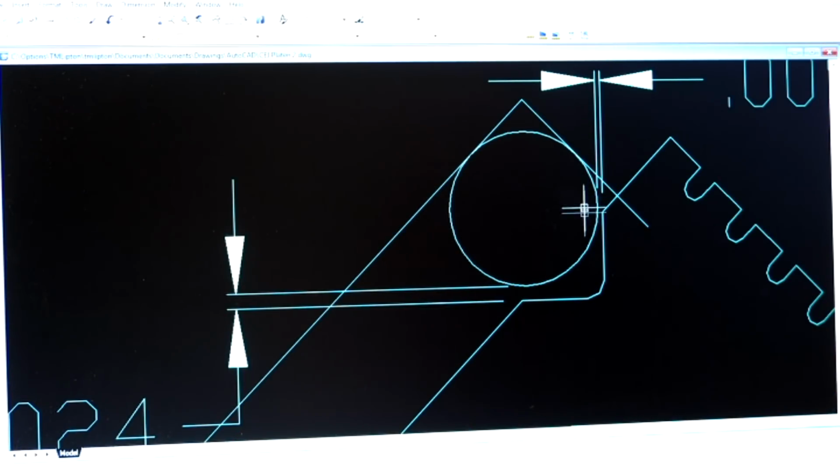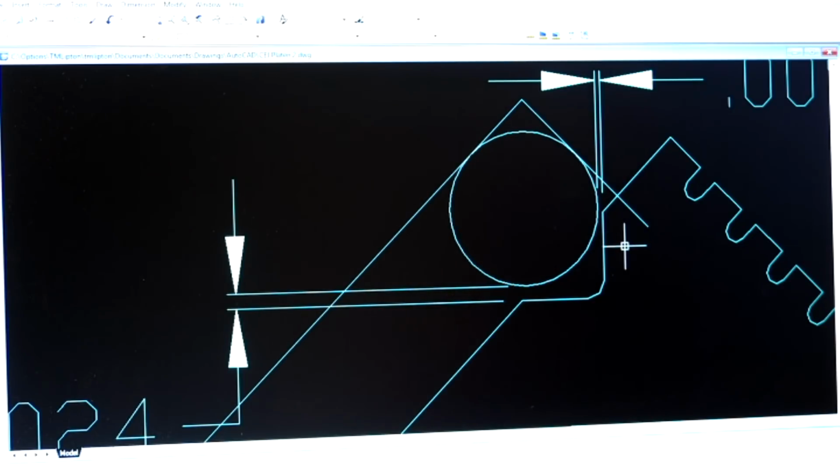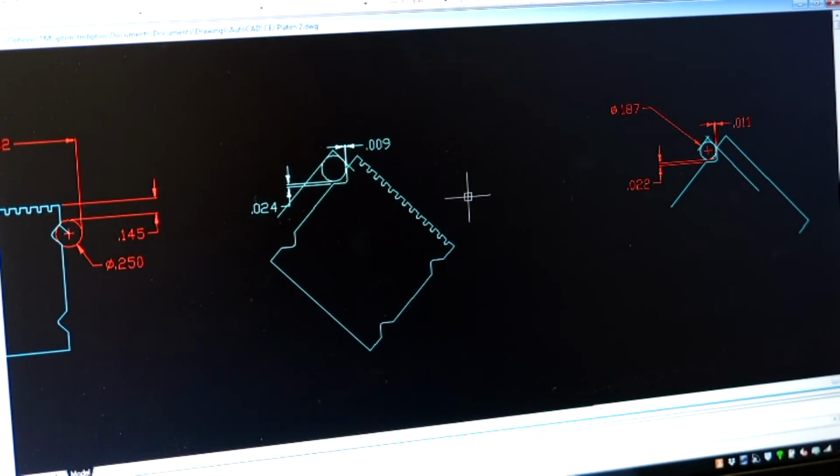But I don't believe that we have the 1/4 inch pin in the right spot. It's in a funny place, all right? And let's see if we can figure out where that pin is in relation to our groove. All right, so let's take a look at the